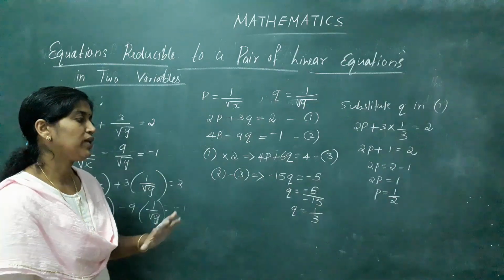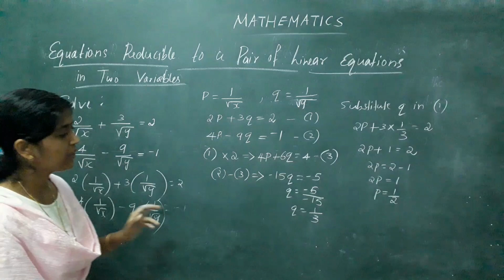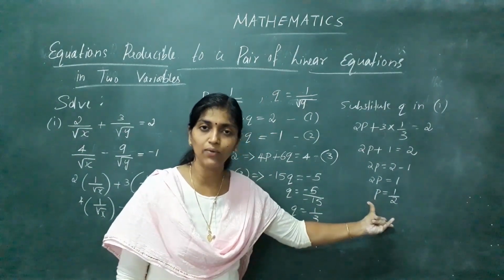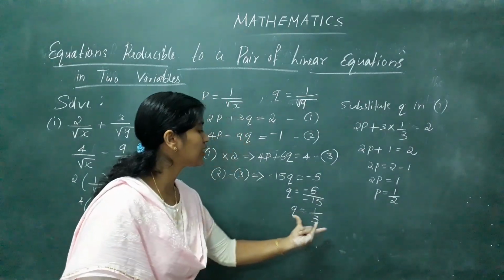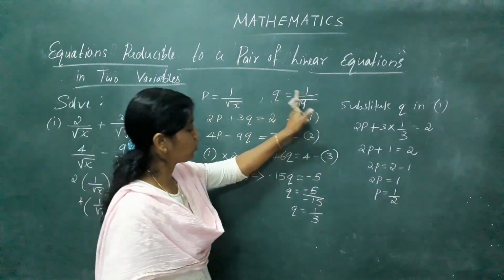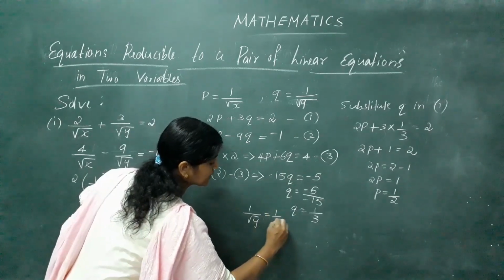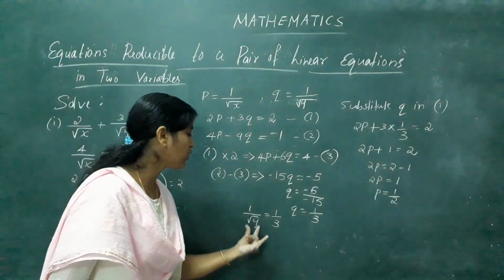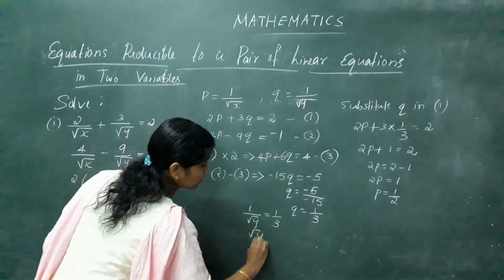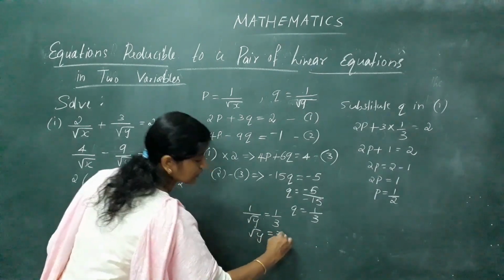Okay. Now in our question, which are the variables here? X and y. But we got here p and q. After getting p and q, you can get the values of x and y. Q is equal to 1 by 3, but we know q is, we have taken as what? 1 by root y. So we will get 1 by root y is equal to 1 by 3. If you get 1 by root y is equal to 1 by 3, how can you write here? Root y is equal to, cross multiply, 1 into y, root y, 1 into 3. Root y is equal to 3.